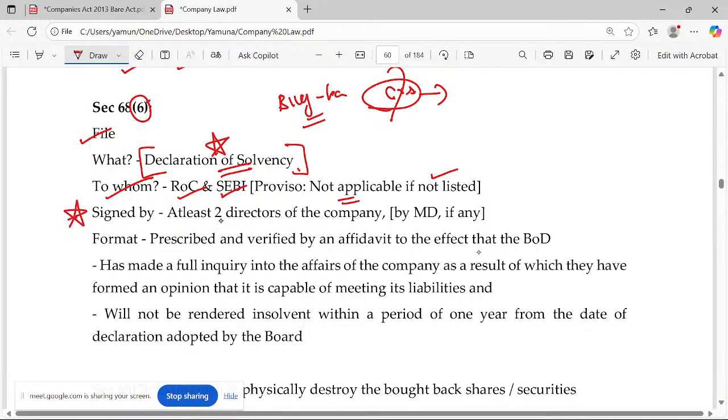It should be signed by at least two directors of the company. Whenever it says two directors, and if my company has one managing director, then definitely that managing director by default has to sign. This is how the Act has to be interpreted. They'll say two directors, or one director and CS. Tell me, or means what? You can take this one or that one? No, this is not the way of studying. This is not English. This is law.